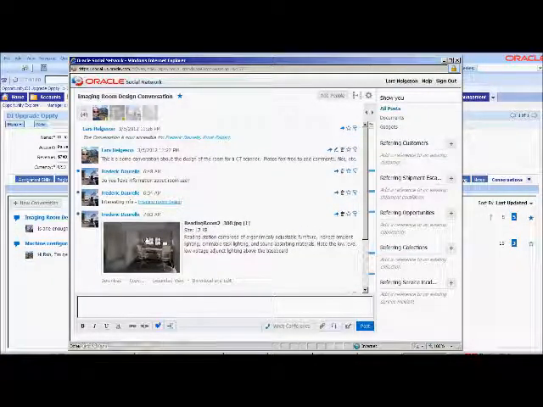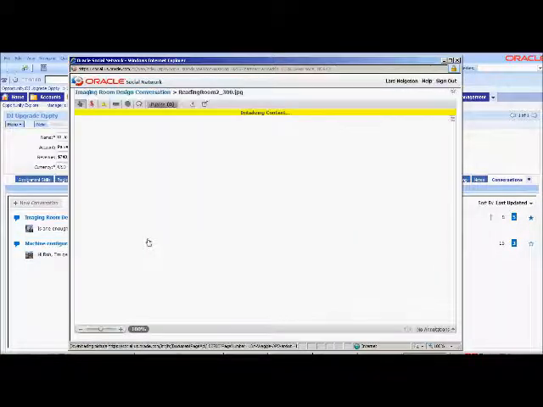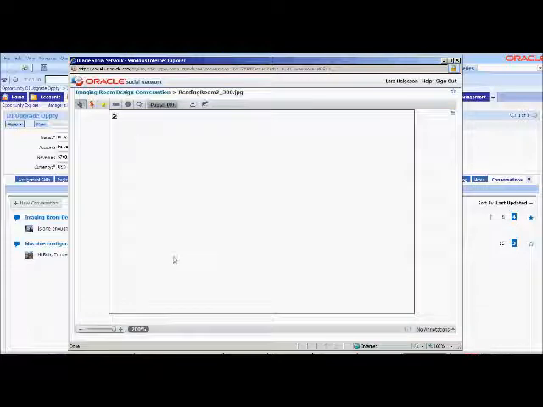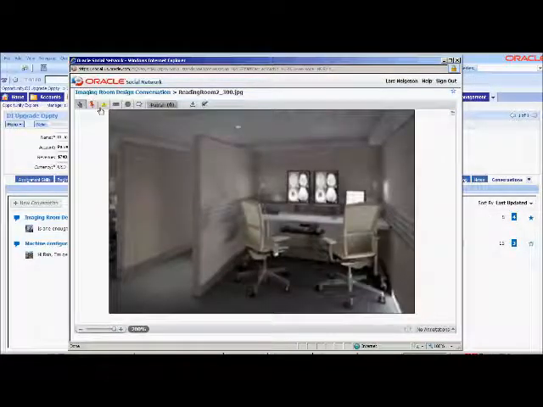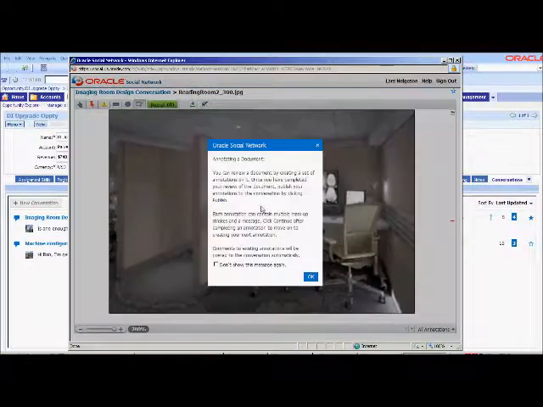You can see that Frederick has added a picture, and you can look at the content of the picture. We can also start some diagramming or highlighting here. And it gives me some guidance as I select an icon. You can turn this off. It's just a good look for usability for users coming into the application, giving them a little feel for how to use the